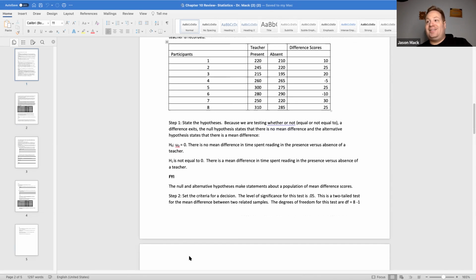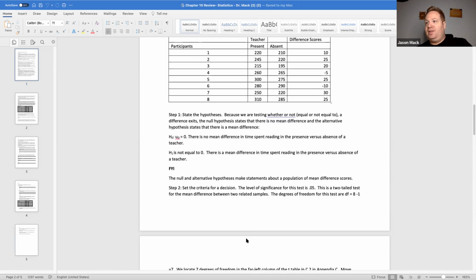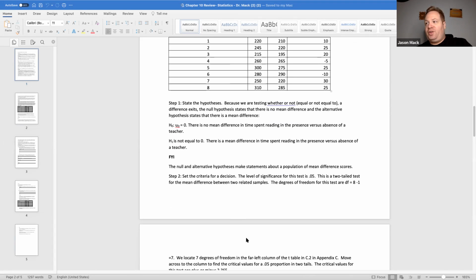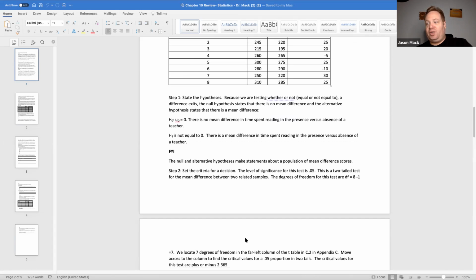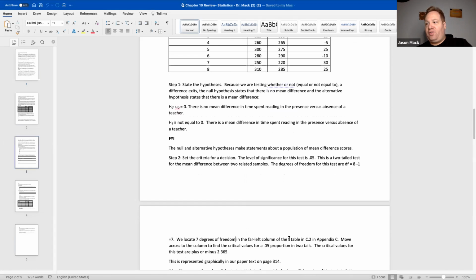Step 2, set the criteria for the decision. The level of significance is 0.05, and this is a two-tailed test for the mean difference between two related samples. The degrees of freedom for this test are 8 minus 1, which is equal to 7. We locate 7 degrees of freedom in the far left column of the unit normal table, which is